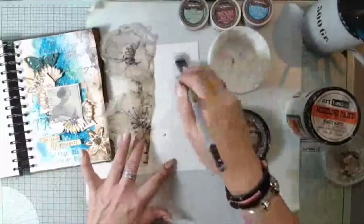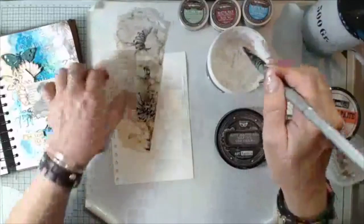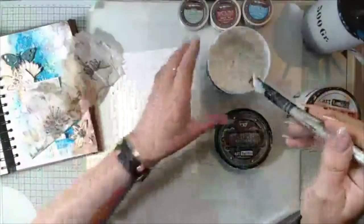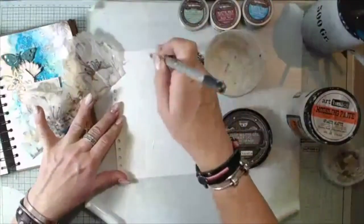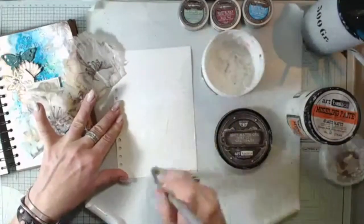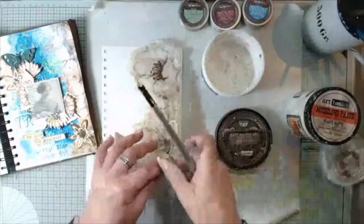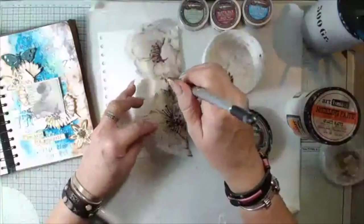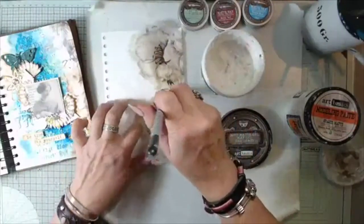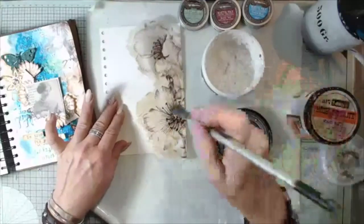I'm adding the soft matte gel on the page. We see if I put this aside a little bit on the page here, and I will add like a thin coat. I have some pearls and something in my soft matte gel, and that happens when you work with mixed media sometimes, that you end up with things in the jar. Okay, when you add this, be really careful because the soft matte gel is wet. I want to add it on the edges, and I'm careful. I'm starting from the middle with the brush. And here you could do it with much texture, but here I really love to have the